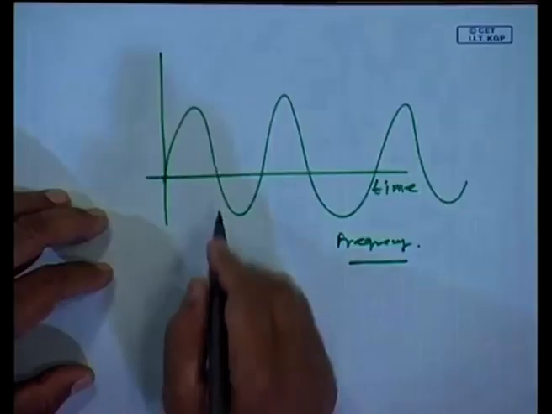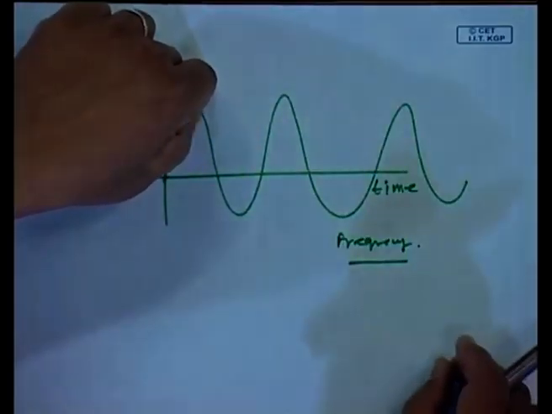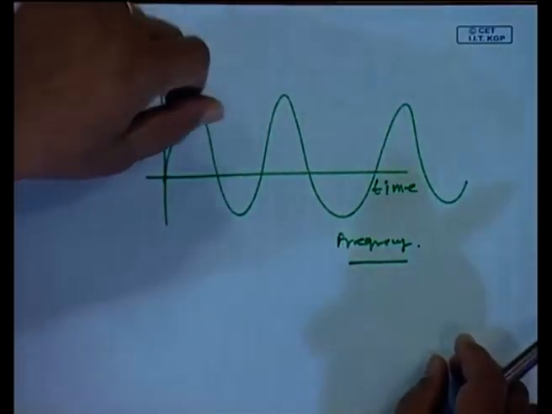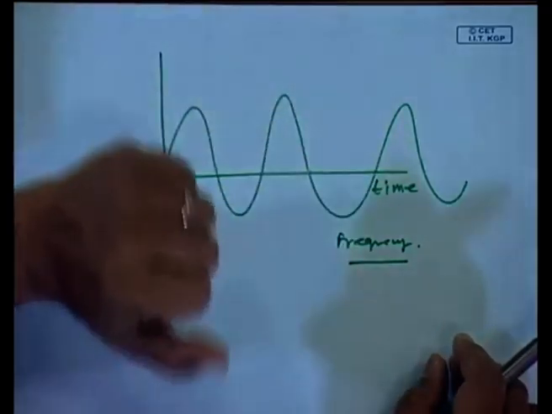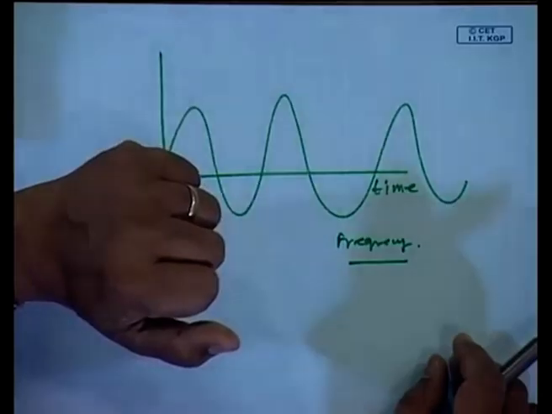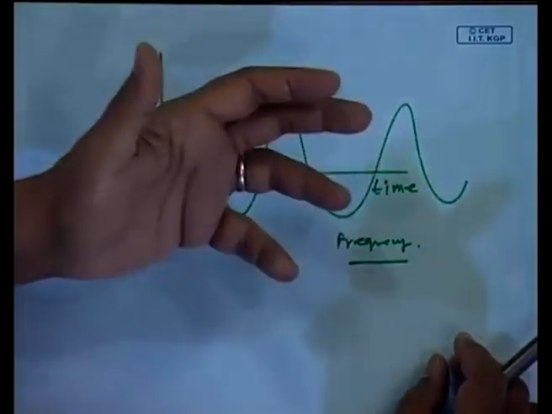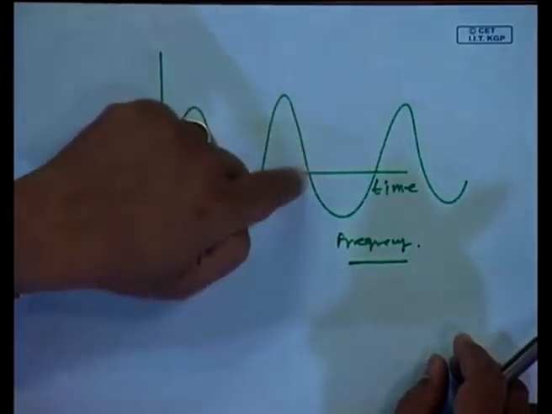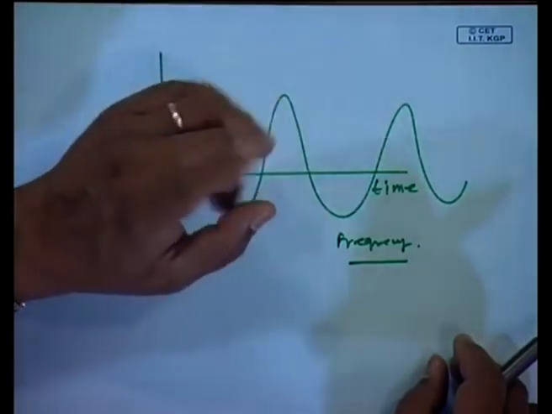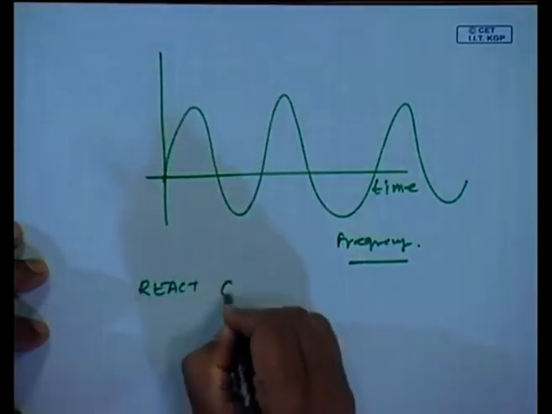Suppose every instant the vibration is changing. I cannot come with a transducer which will measure vibrations only at intervals of 10 minutes. So, I am going to lose this phenomenon, isn't it? So, my instrument has to react faster than the quantity or the mechanical parameter which I am measuring. That is very, very important. I use the word react quicker,